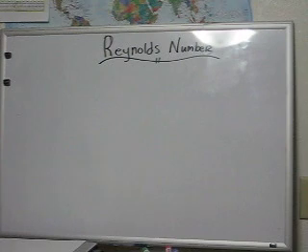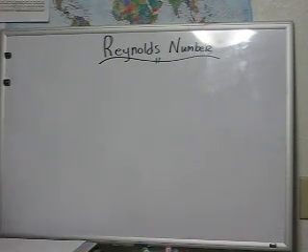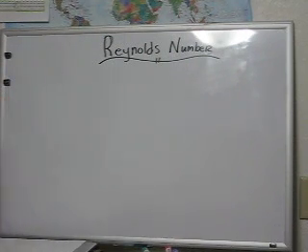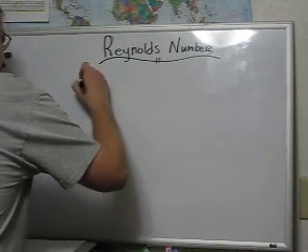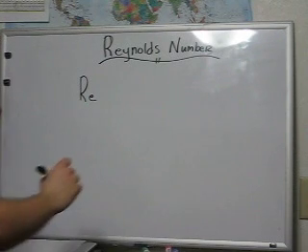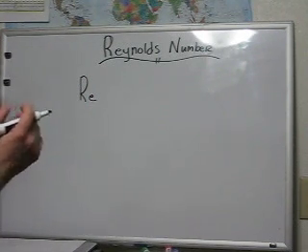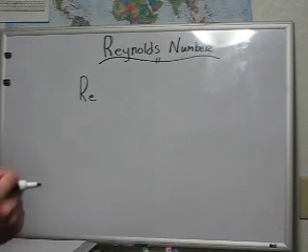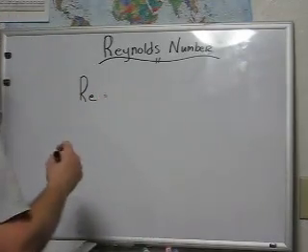And so I'm going to put the formula up for Reynolds number, and it's more important that we talk about the concepts than the actual numbers that go into it, but certainly I'm going to talk about the units. So Reynolds number. Again, this is what we use to determine the presence of a certain type of flow. Really what this is going to do is tell us the difference between laminar and turbulent flow patterns. So the Reynolds number equals